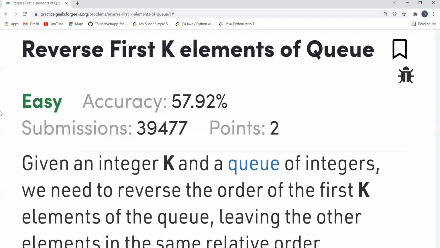Well, of course, we'll be using the stack data structure here. They have even mentioned in the question that we can use auxiliary space, right? We can use a data structure. So we'll be using a stack here. Let's understand how the stack is going to solve our problem.